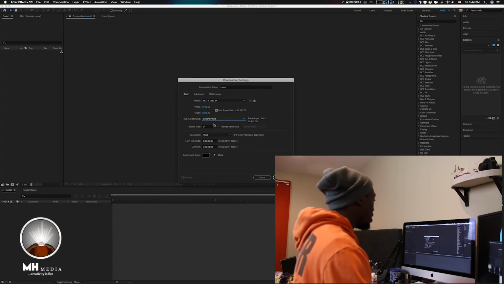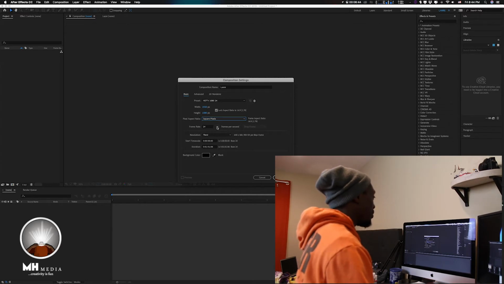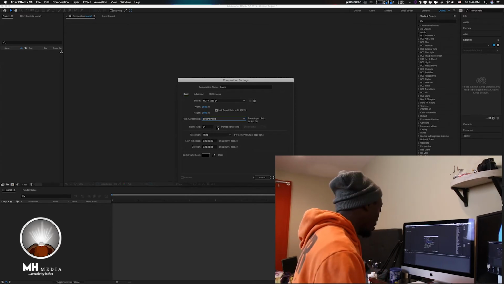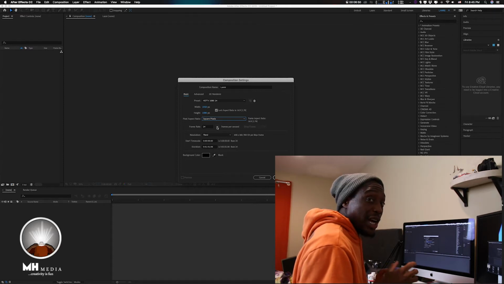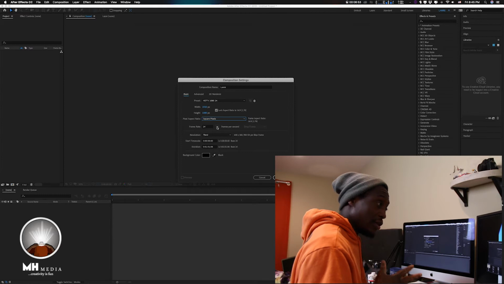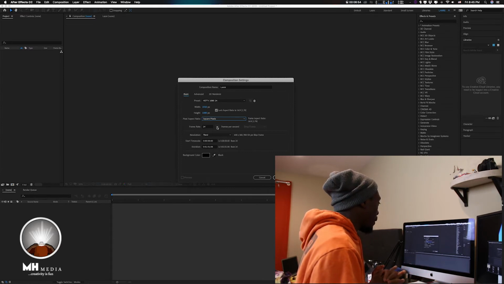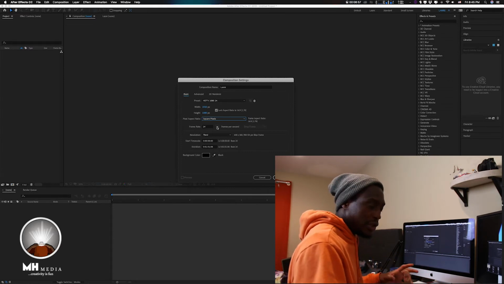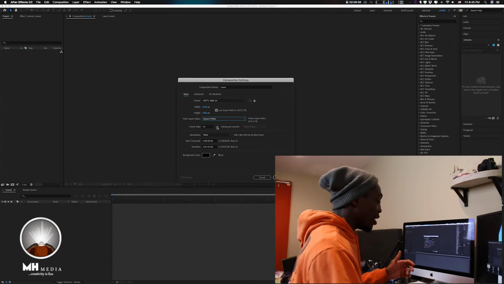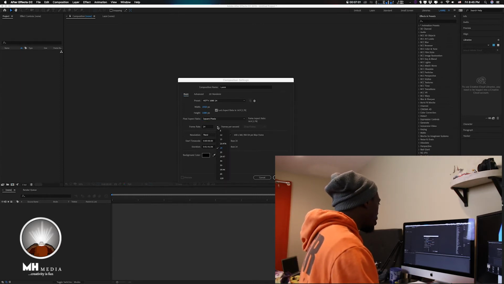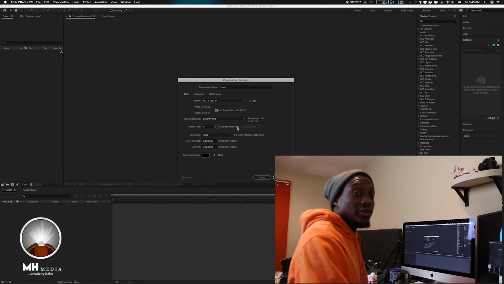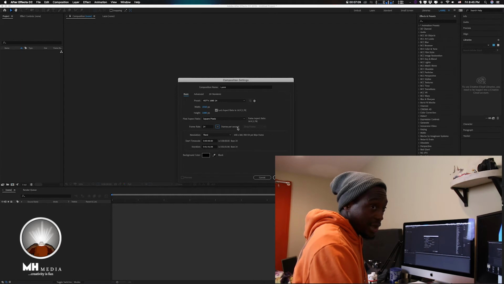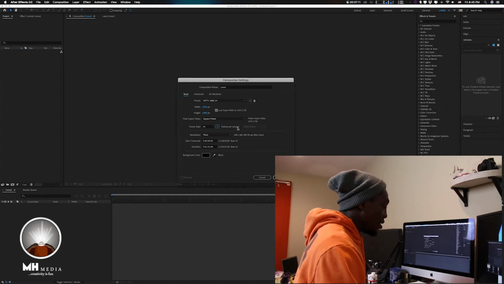So let's go to the next thing, which is frame rate. And I think that's actually an interesting one. I honestly think frame rate should have its own topic. But I'll just give you a little bit of a lowdown of what frame rate means. So frame rate, as you can see, I have my default here. It's 24 frames per second. So usually frame rates are read in per seconds, and what that means is,